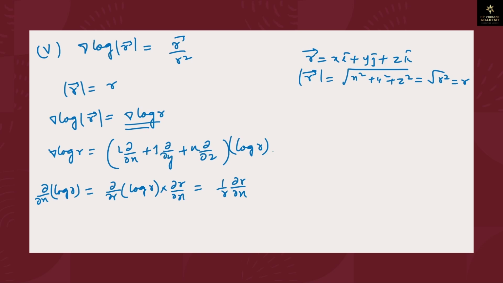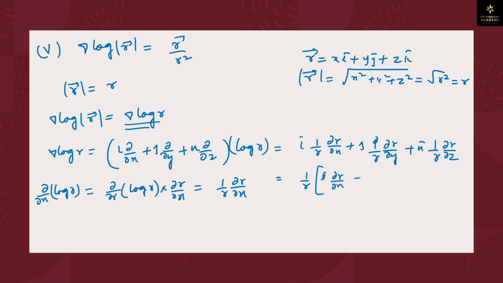So this is equal to i cap 1 upon r del r upon del x plus j cap 1 upon r del r upon del y plus k cap 1 upon r del r upon del z. So this is equal to 1 upon r, which is common, we have taken common, i cap del r upon del x plus